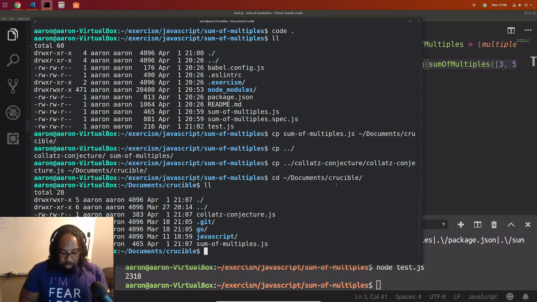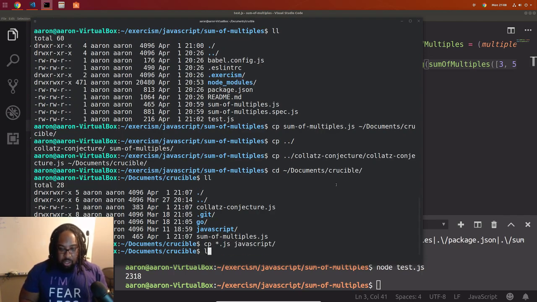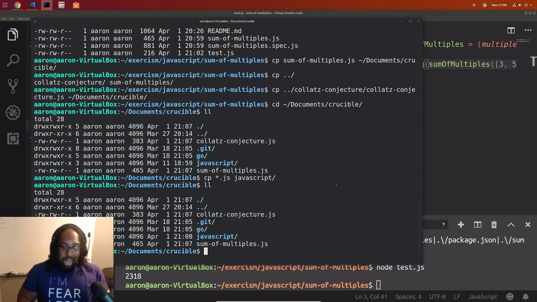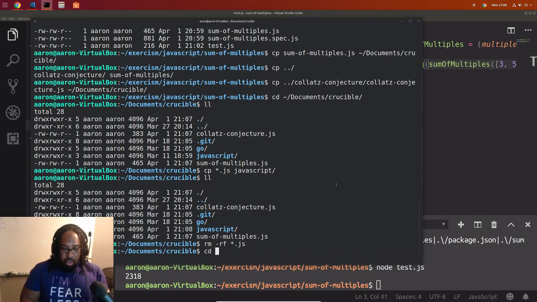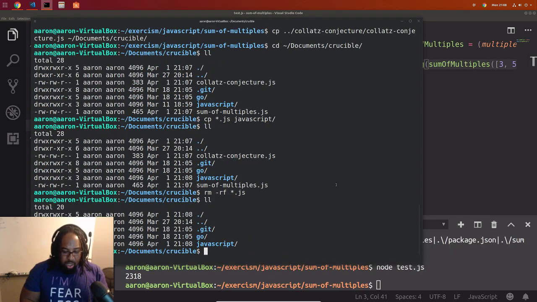I forgot there's a JavaScript folder in here. So copy star.js into the JavaScript folder. I shouldn't have copied. I should have moved, but I'm going to move those. Let's make sure they got in there.